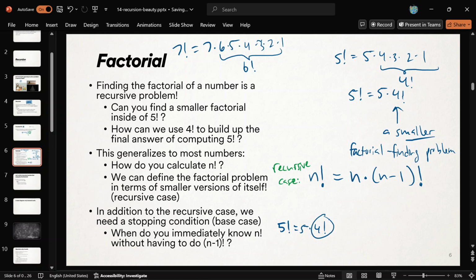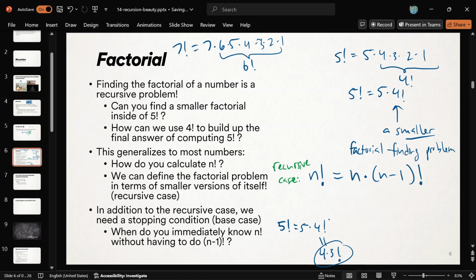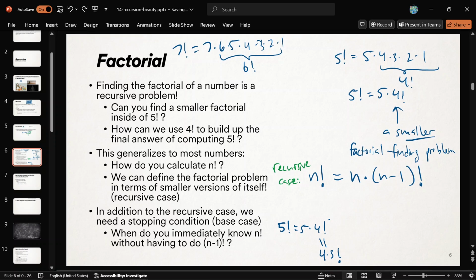Now, let's keep on running on 4 factorial. So, okay, what is 4 factorial according to this definition? Well, 4 factorial, you can break it down as 4 times 3 factorial. Just plug in 4 for n there, okay? That still makes sense, right? The world is still okay. Nothing's blown up yet. That is correct for 4 factorial. That is the right answer. So, you just keep working your way down until it stops making sense.